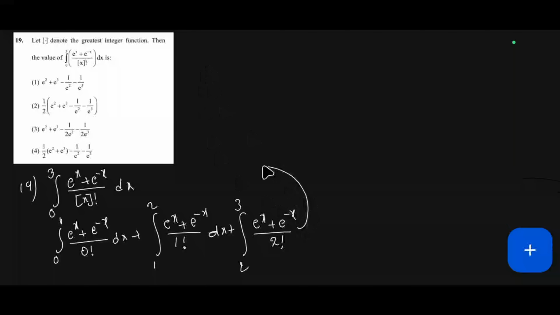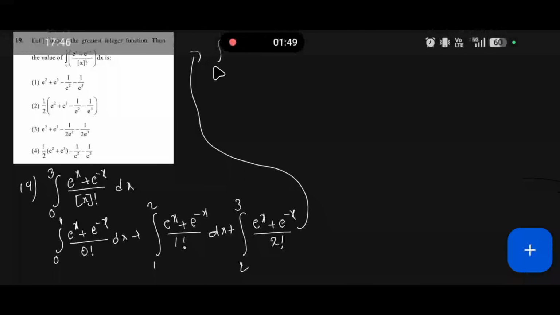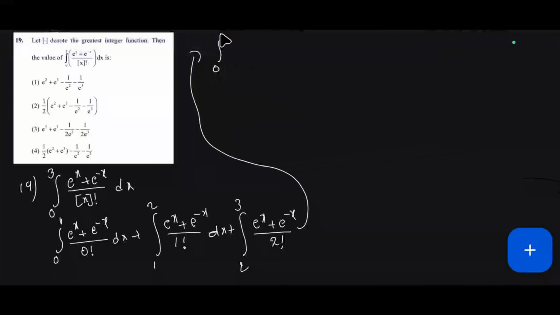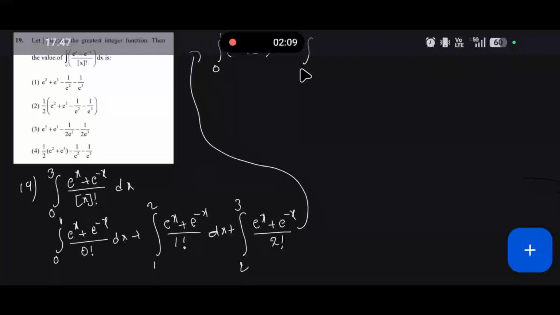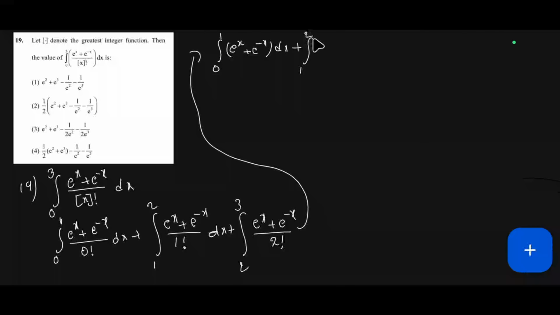So this is equal to integral of 0 to 1 of e^x by 0 factorial, which means 1, so e^x plus e^(-x) dx, plus integral of 1 to 2 the same, (e^x + e^(-x)) dx,